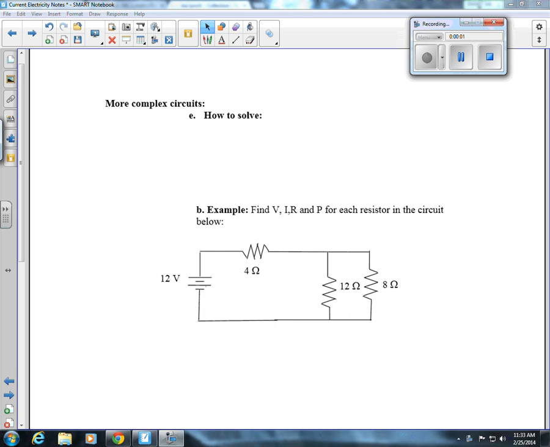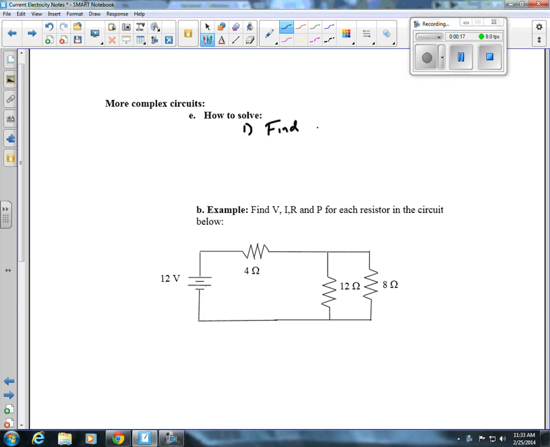Okay, we're starting to work with circuits with more than one resistor. We've done series and parallel circuits. Now we're going to do more complex circuits where it's a combination of series and parallel. The way to solve these is usually to first find the equivalent resistance